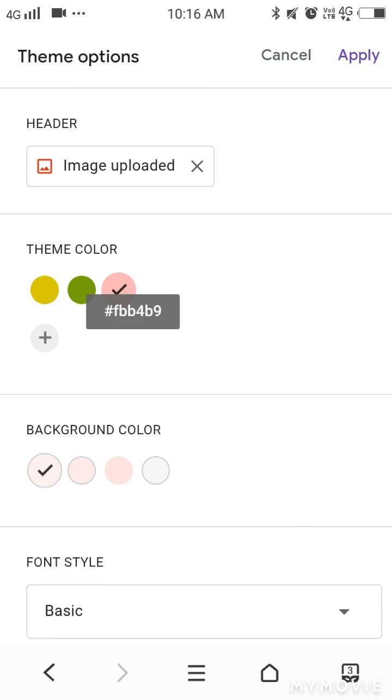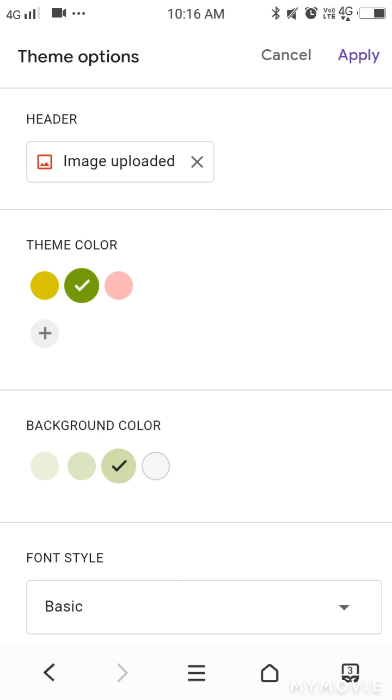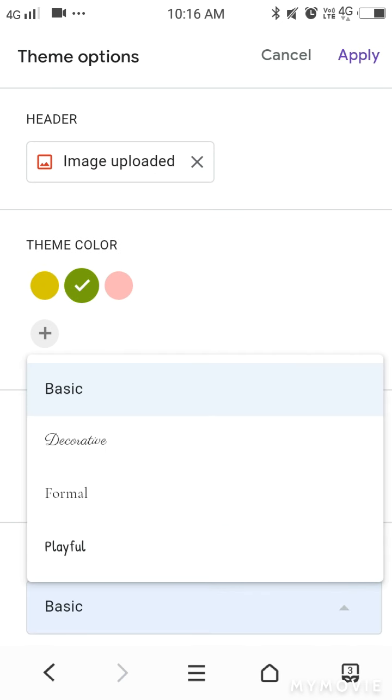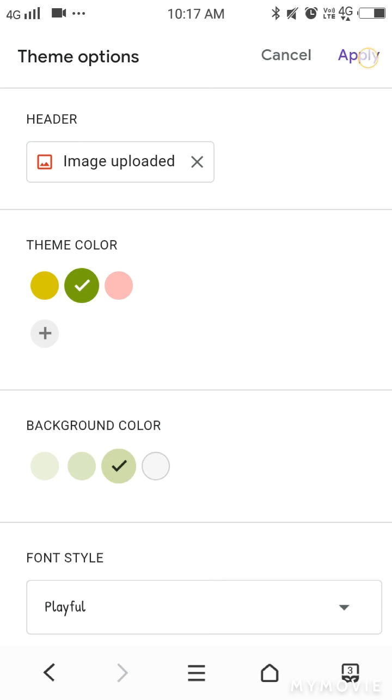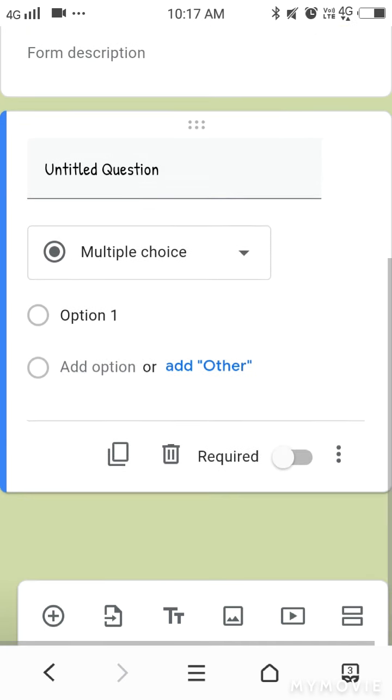Because I want this. Okay, font style I can change from here. You want which type of font you want to show in your Google Forms, so I am selecting this one. Now click on apply, and your form background theme is changed now.